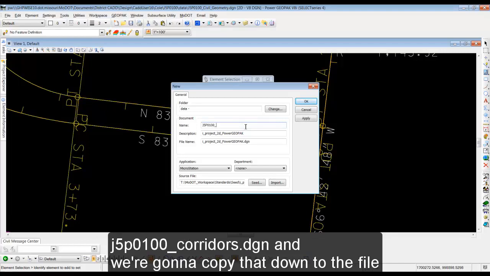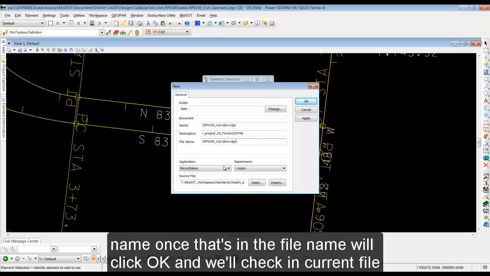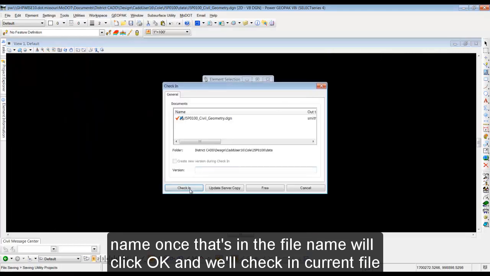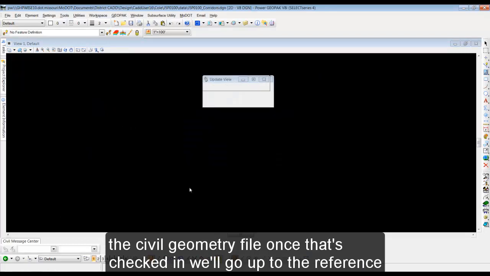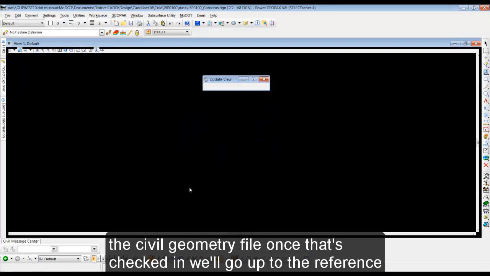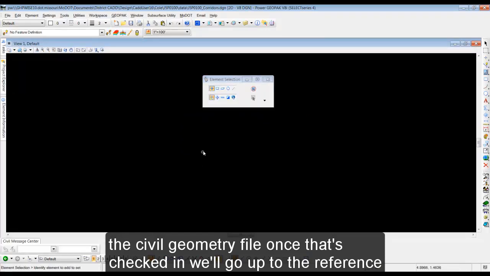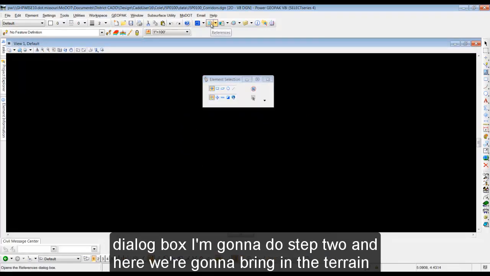J5P0100 underscore corridors.dgn. And we're going to copy that down to the file name. Once that's in the file name, we'll click OK, and we'll check in the current file, the civil geometry file. And once that's checked in, we'll go up to the reference dialog box, and we're going to do step 2